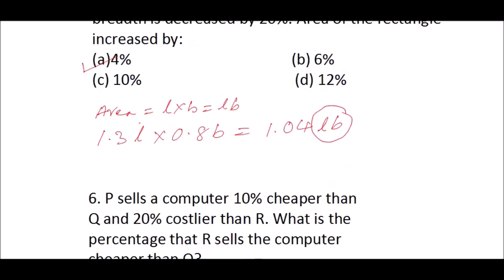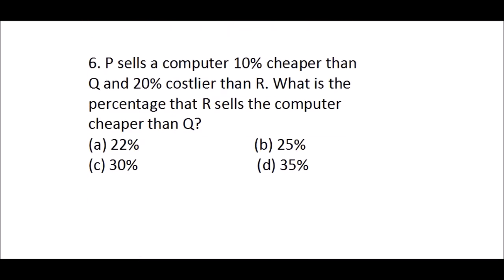Next problem is: P sells a computer 10% cheaper than Q and 20% costlier than R. Then what is the percentage that R sells the computer cheaper than Q? That means you have to find a relation between R and Q. Now, let's consider that